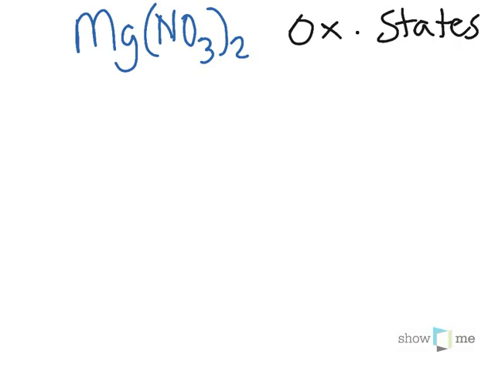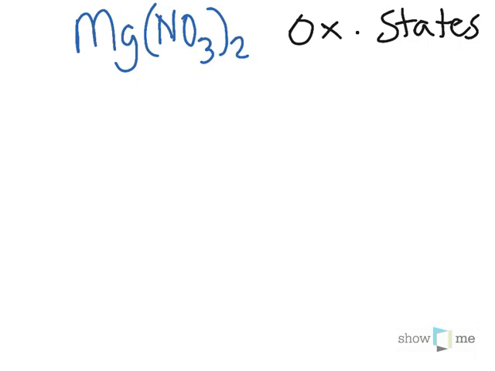Alright, for those of you out there who are wondering how to determine oxidation states of different elements, different atoms, let me give you an example here that is fairly involved, but once I show you the formal process and how to do this, you may not even need to set it up on paper. It might be something you can do in your head. Nevertheless, let's look at how this breaks down, and in order to do this, I'm going to set up a